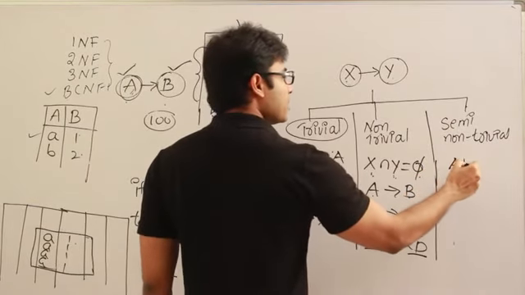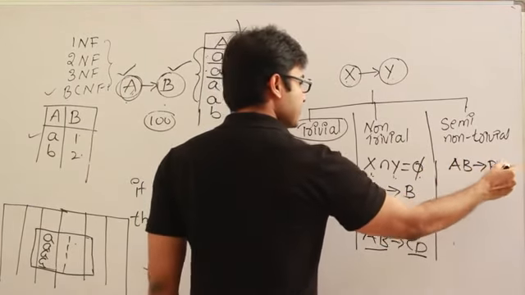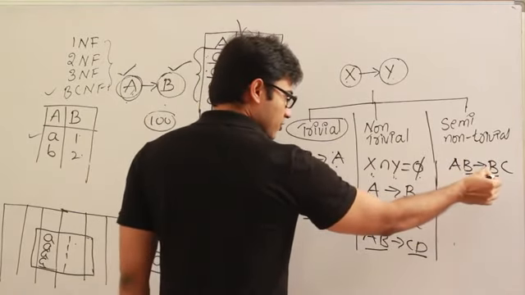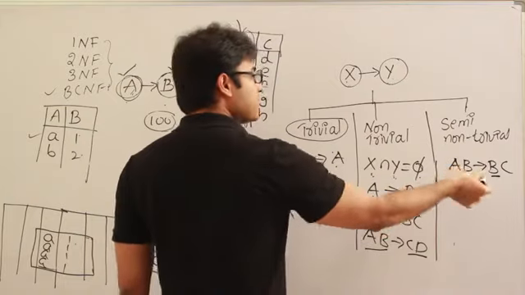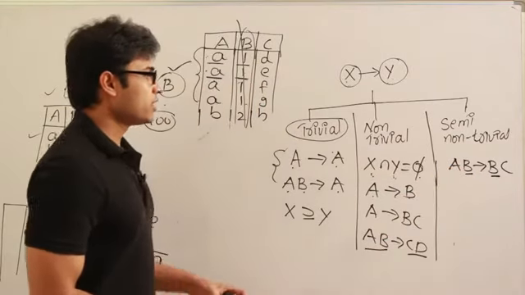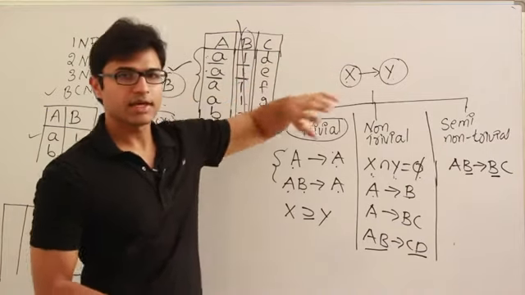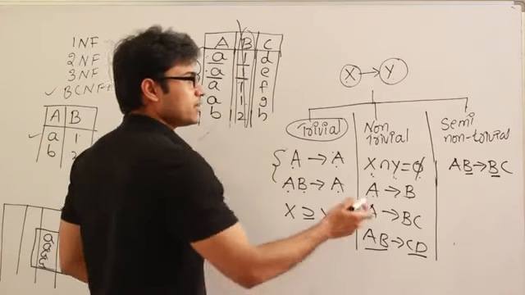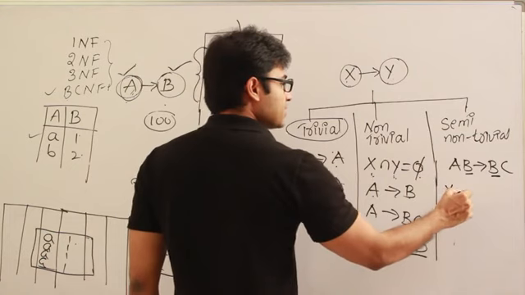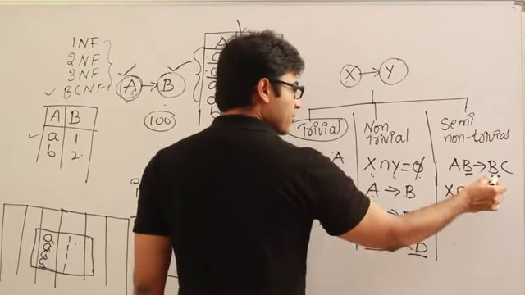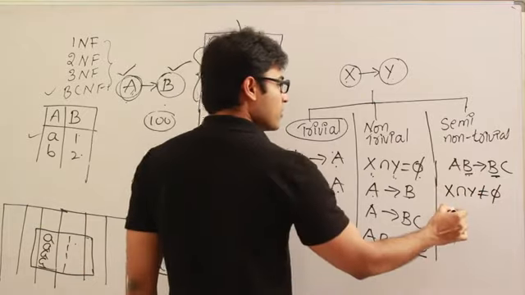Let us say AB derives BC is semi non-trivial, which means there is something in common. It is not completely deriving something new. In order to formally define it, if you have x and y as collections of attributes, then semi non-trivial means x intersection y is not equal to phi, which means there is something common between them, and moreover x